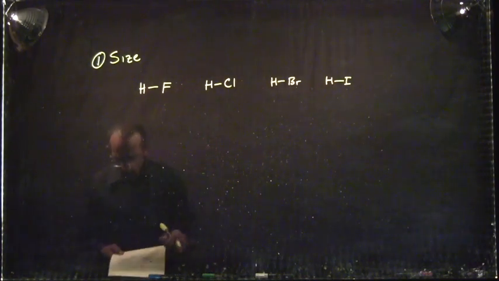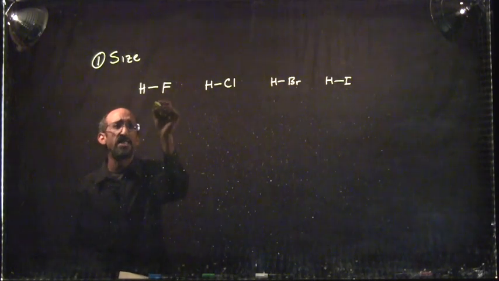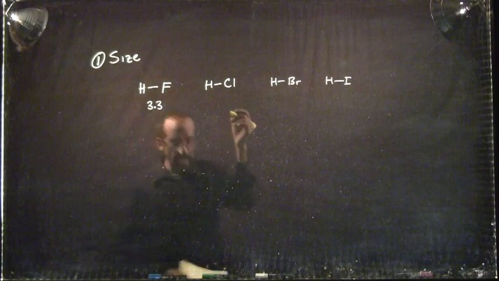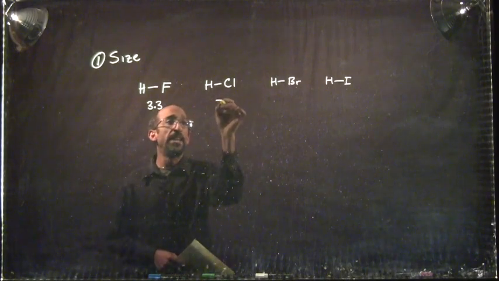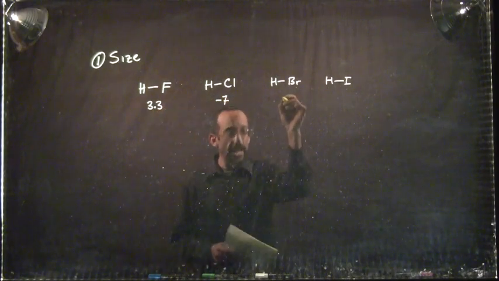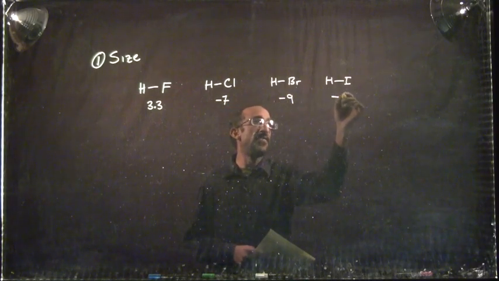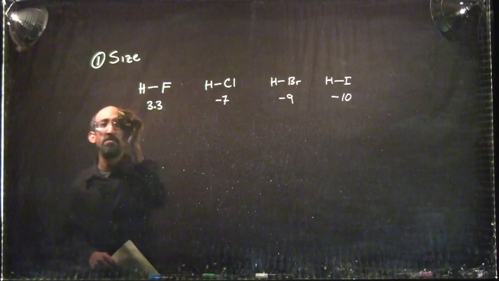in class, right? So if we list out the pKa's for these acids, HF has a pKa of about 3.3, HCl is a pKa of -7, HBr is a pKa of -9, and HI is a pKa of -10. So these are the pKa's